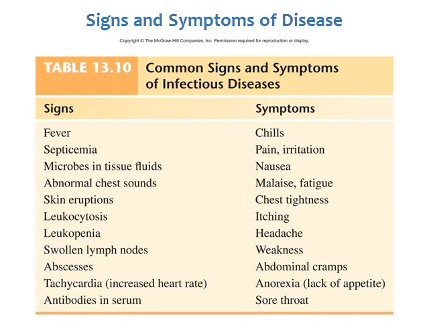In addition to different patterns of infections, diseases can have different signs and symptoms. And the difference between a sign and a symptom, a sign is something that you can actually measure or observe. So a good example of a sign is like a fever. You can actually measure if someone has a fever or not. Septicemia, you can measure and see if there's bacteria that has traveled to different parts of the body. You can collect samples to look at microorganisms to see where they're found in different tissues. You can look at breathing rate, if there's swollen lymph nodes,